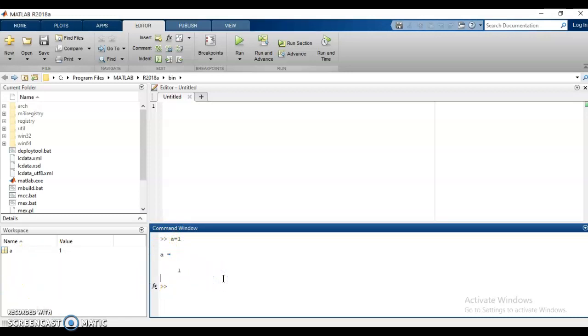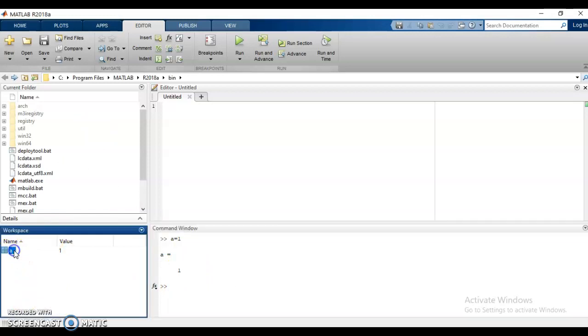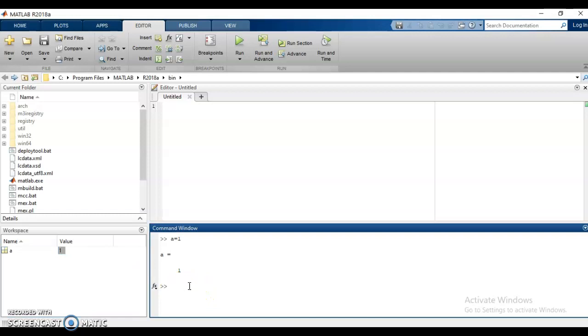Along with that execution, it tells me in the workspace that I have made a variable a, and what value is present in that variable. So basically, this is how we define variables and matrices through the command window.